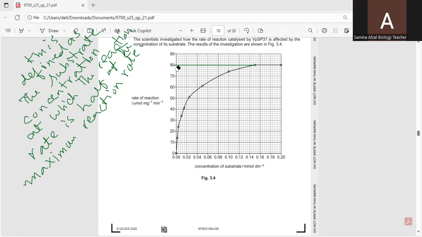I need a straight line. So this is the V maximum. And we can find the Michaelis-Menten constant by calculating half of this V maximum. So half of this V maximum is,